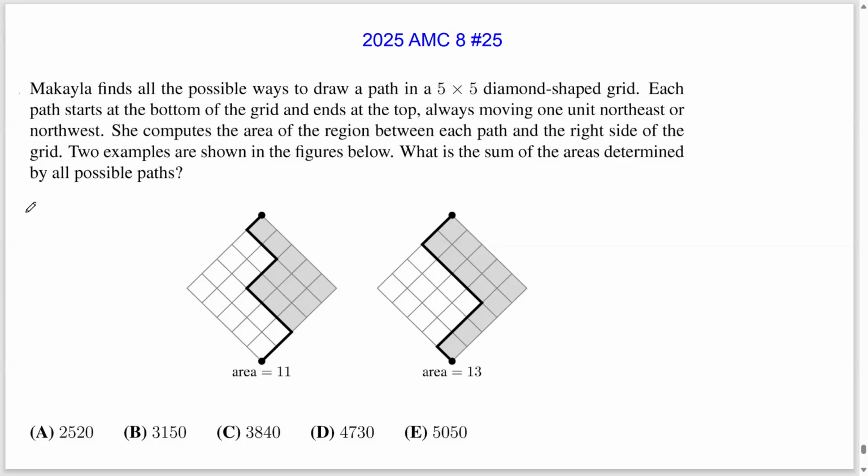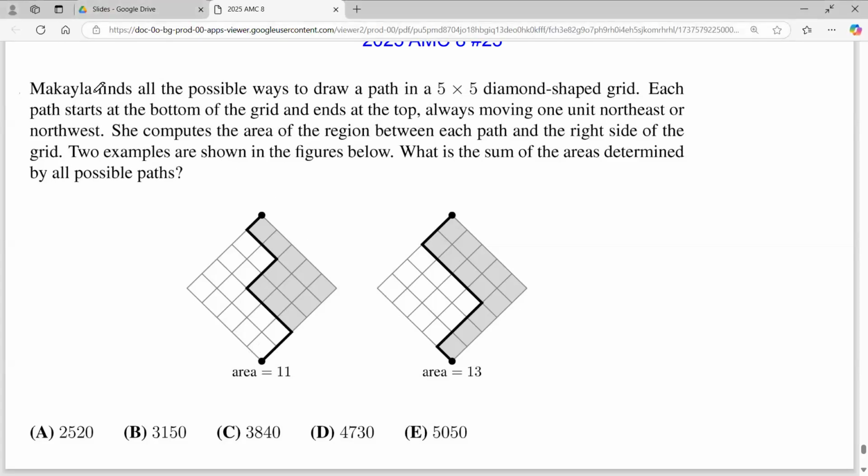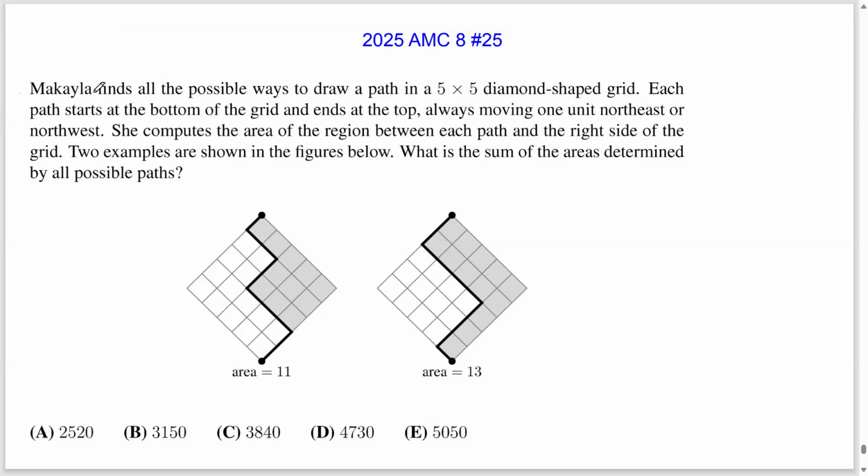So the first thing that we'll do is first find the number of paths from the bottom of the grid to the top. Now it turns out this is actually a pretty well-known counting problem. You can see that this is a standard path counting problem by rotating the grid by 45 degrees. So the number of paths,